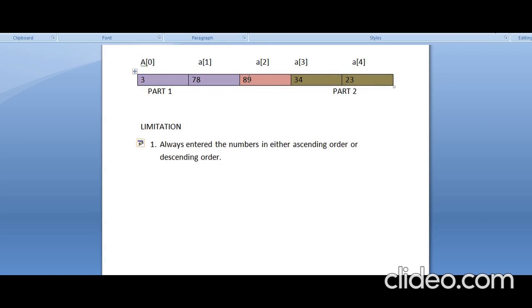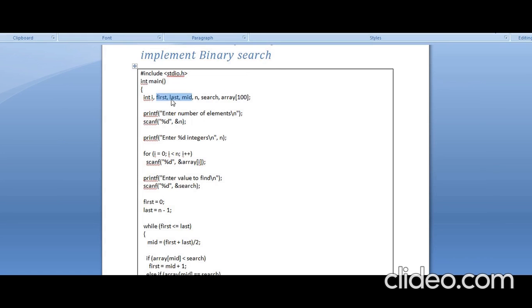So first, last and mid. Now let me directly start. First I'll ask to enter the number of elements, that is, the size of the array, so we hold it in a variable n.